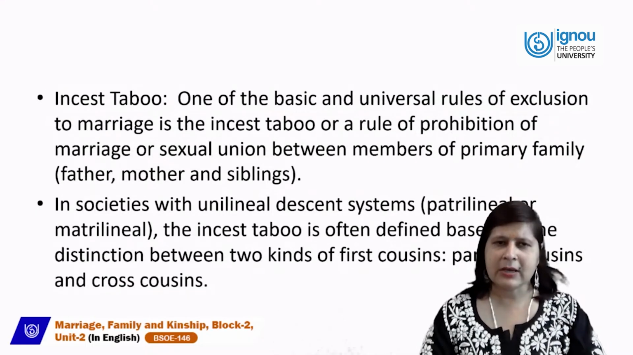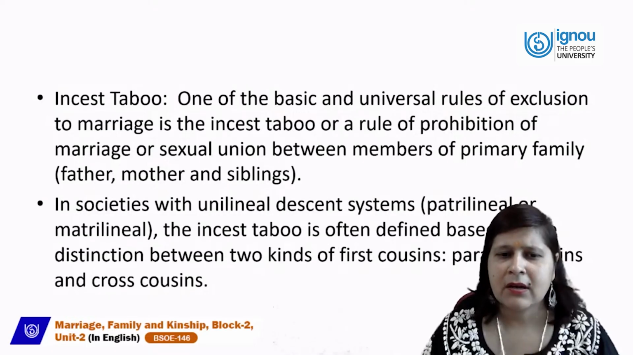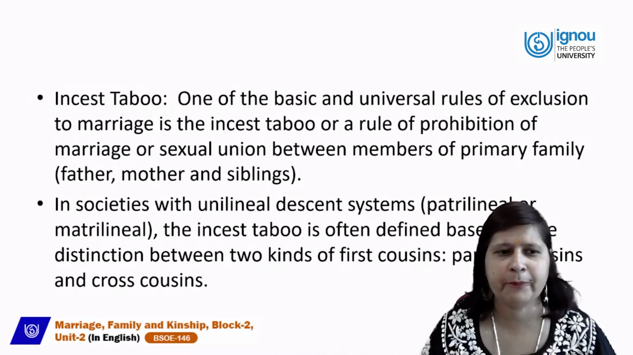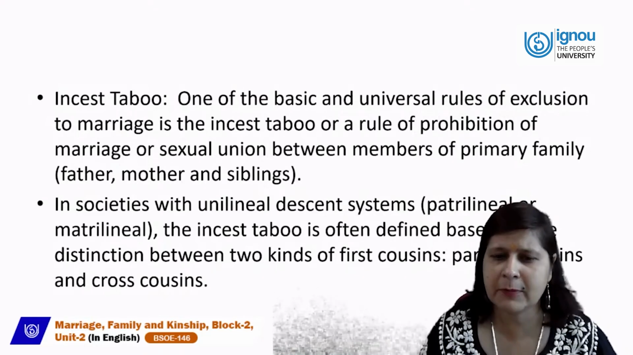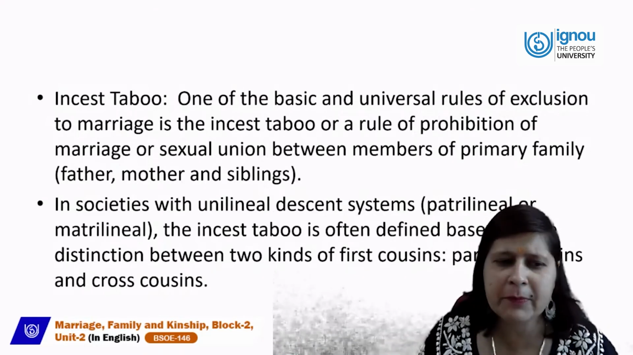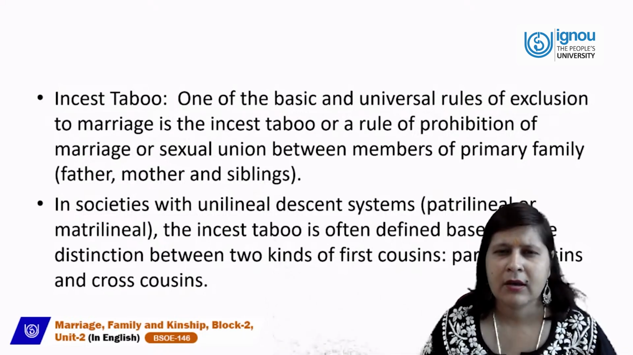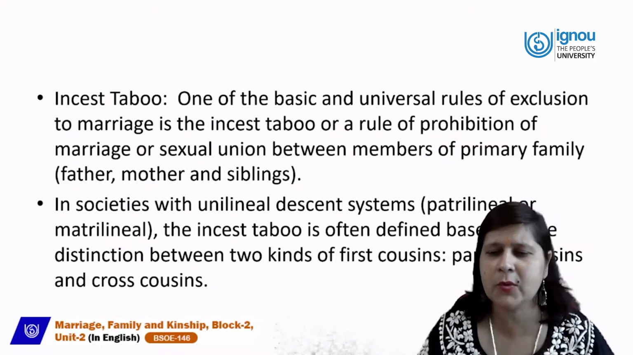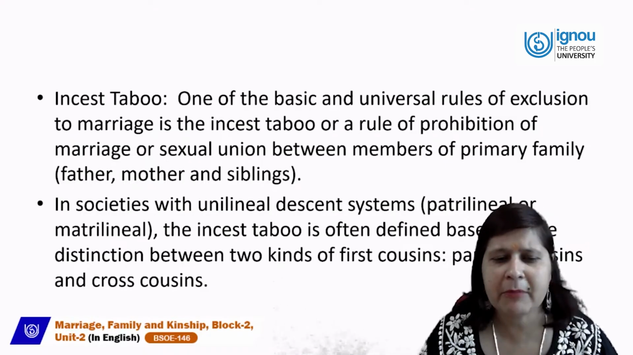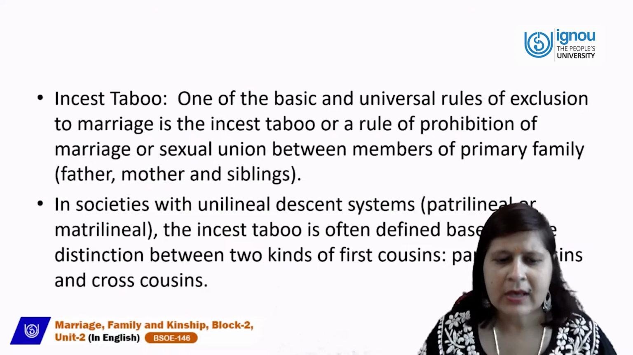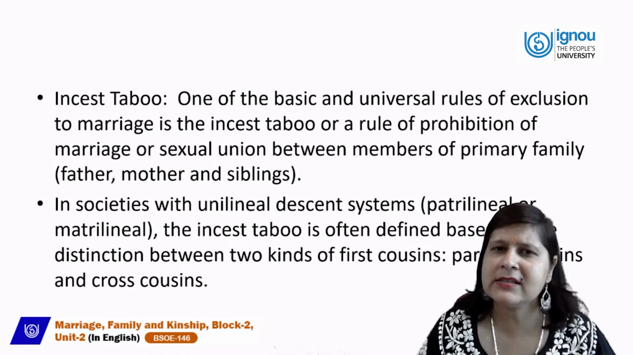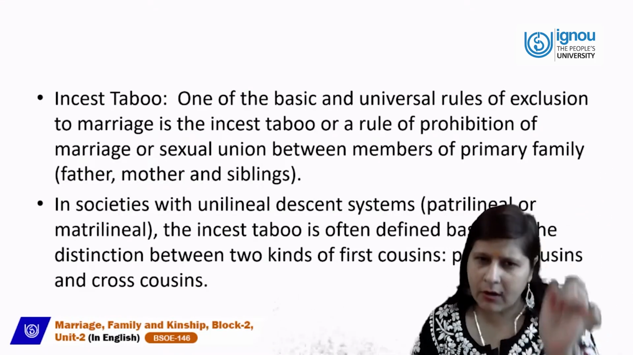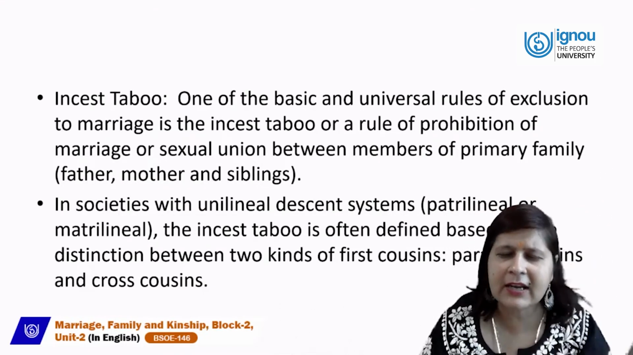Okay. Incest taboo, that is one of the basic and universal rules of exclusion of marriage. That is the rule of prohibition, right? This is the prohibition of marriage or a sexual union between the members of the primary family. In societies with a unilineal descent system, that is, you follow either the patrilineal system or a matrilineal system, that is the unilineal descent system,